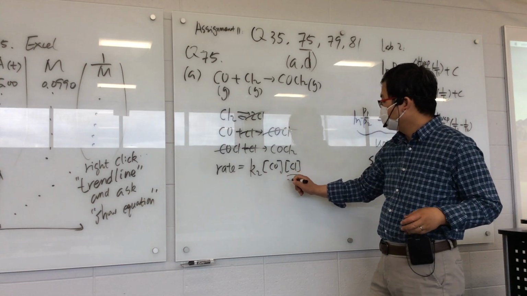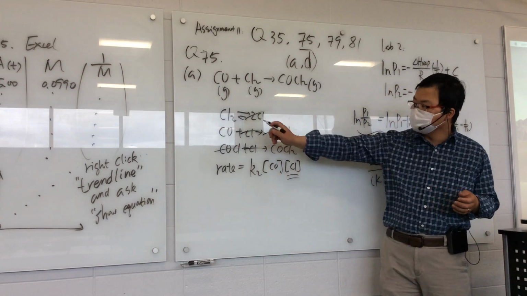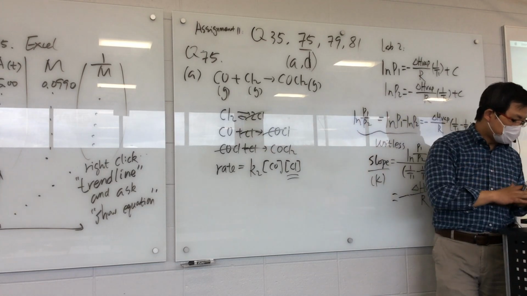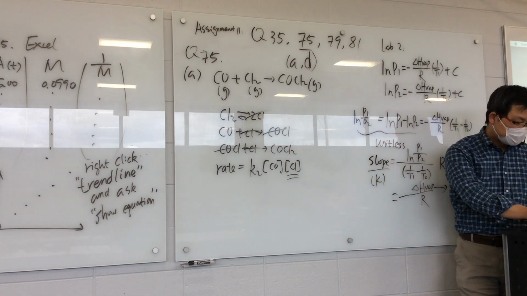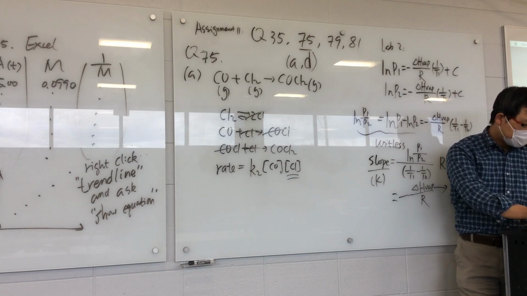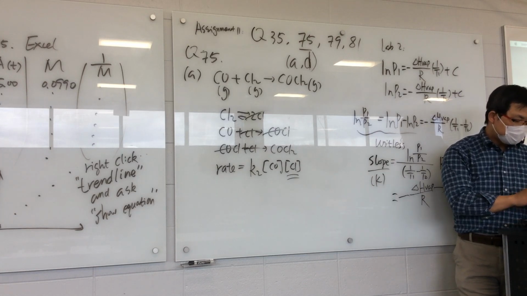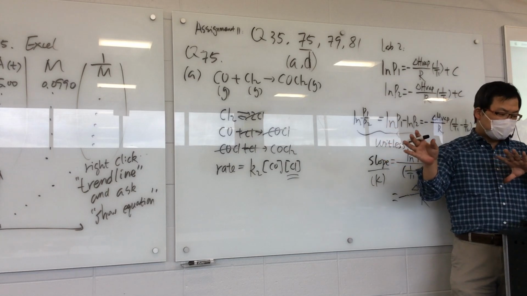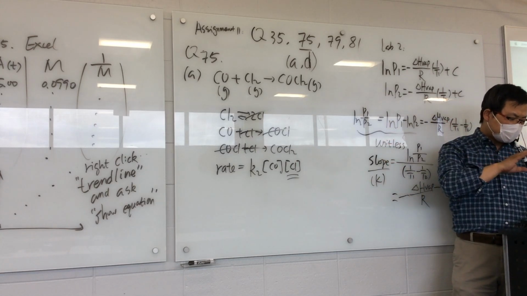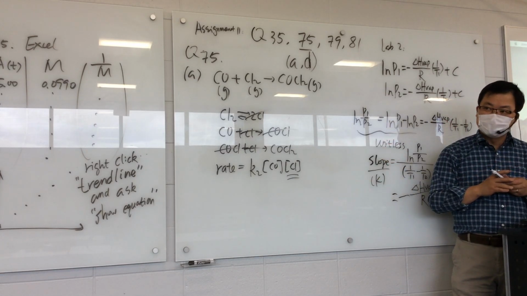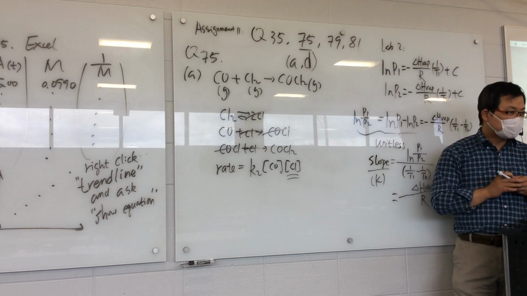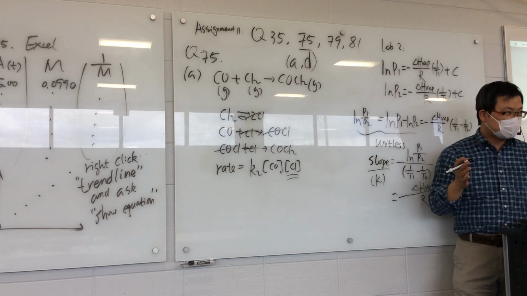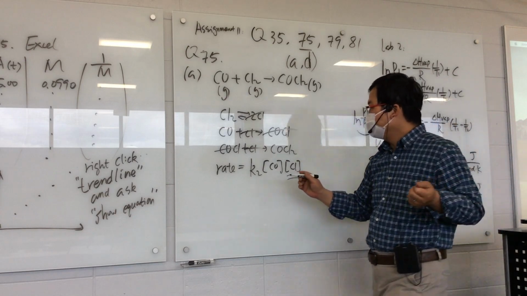Now we need to figure out the concentration of this. You see, the first step is what? Equilibrium. Then that means the forward reaction and the backward reaction have the same rate, the same reaction rate. Because equilibrium. There's equilibrium there. Then